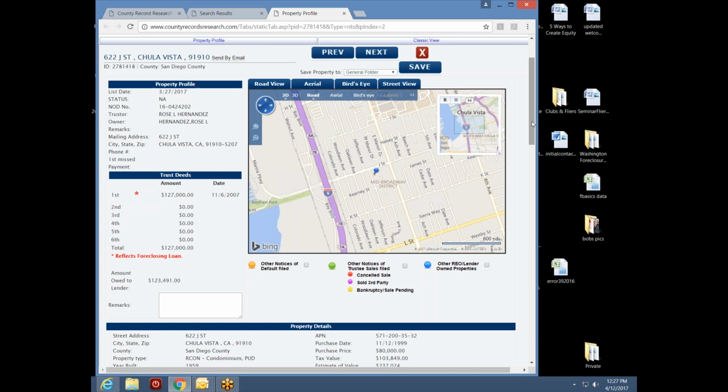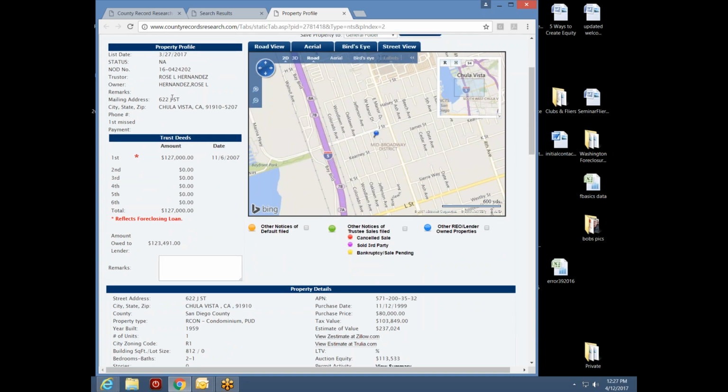Okay, let's also learn a few more things about Rose. The mailing address for her property is the same address as the property itself. So Rose gets her mail here. This is her house. Okay, so Rose lives at the property. It looks like she borrowed in 2007 the $127,000 loan.